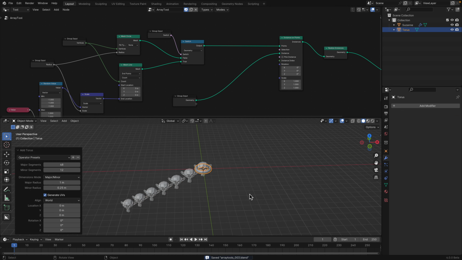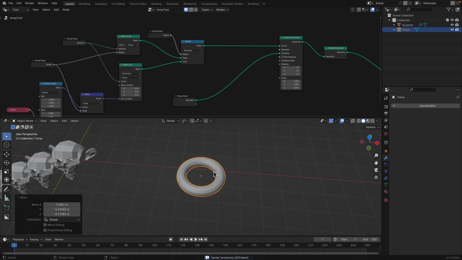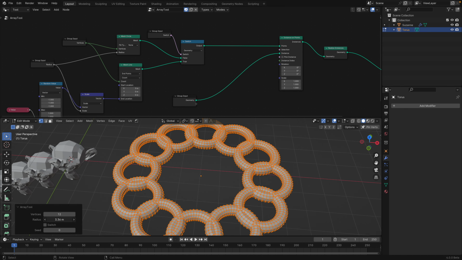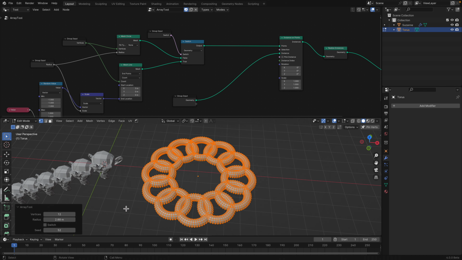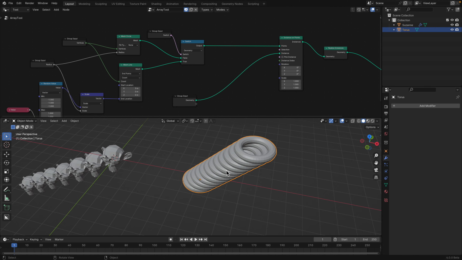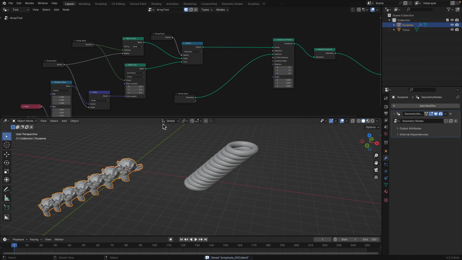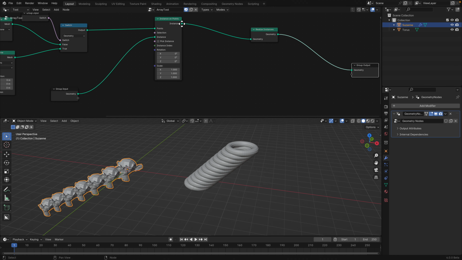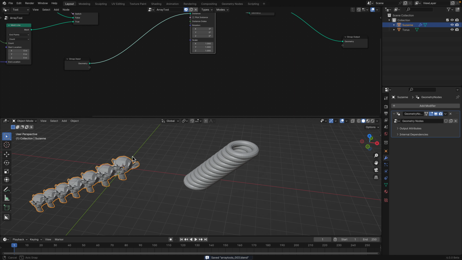So if we actually use this as a tool, go to edit mode, array tool, yeah, see, you can see it's working. Switch, randomize the seed. So that works. One thing that's missing is how we need to delete the original geometry and do things like that if we are being selective about